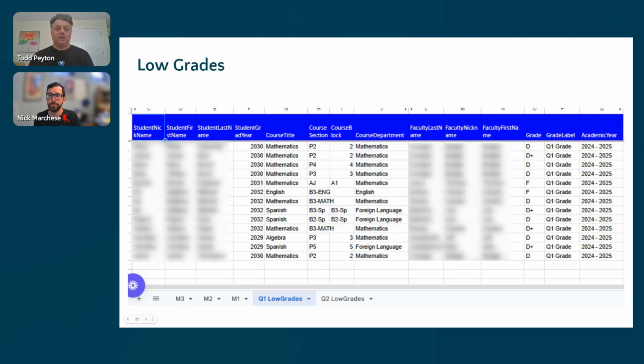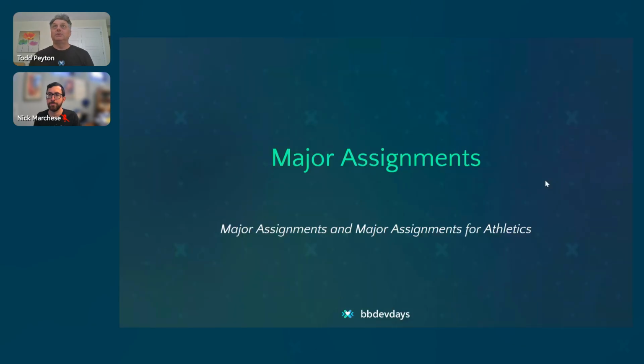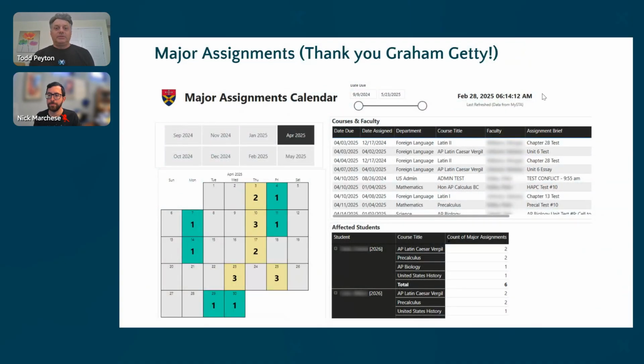Okay, let's look at the next one. The next one is major assignments. So we actually had, Graham Getty had actually created a major assignments calendar. The only thing is his major assignments calendar was, and let's take a look at it, it was not dynamic, it was static. And it was static because on Mondays, the upper school academic dean would have to export an